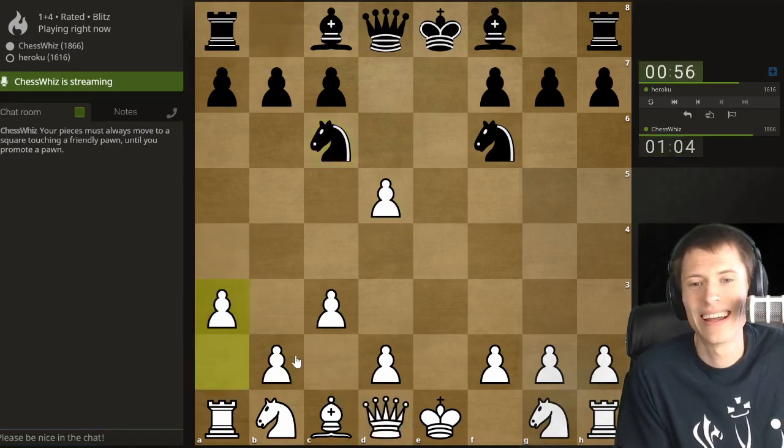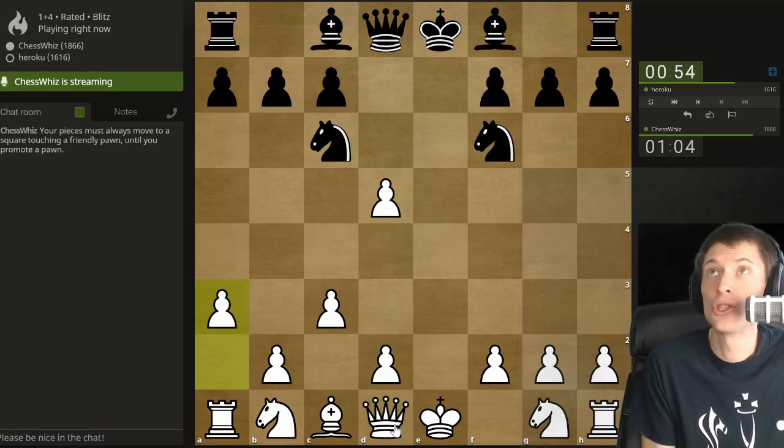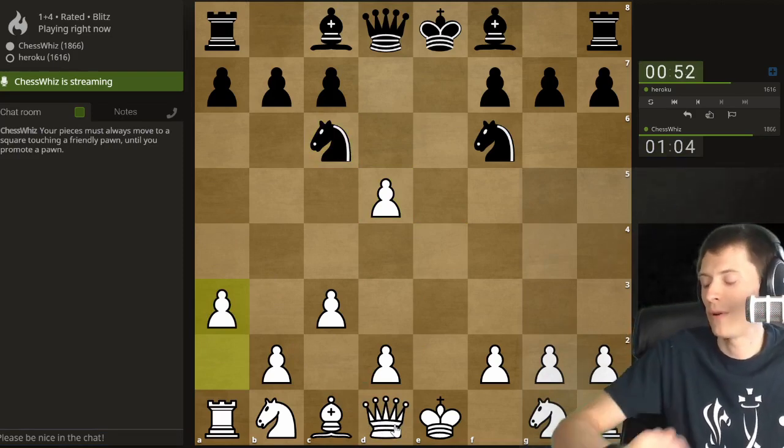Let's do this so that I can actually move there. I don't want to disappoint by just slowly winning a game where I traded a bishop for a pawn. So what I'm going to do...